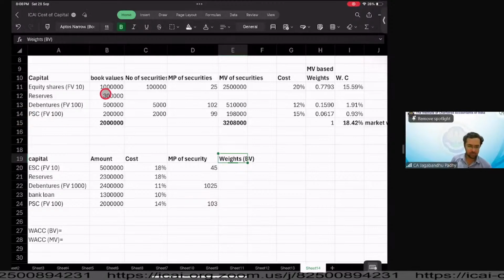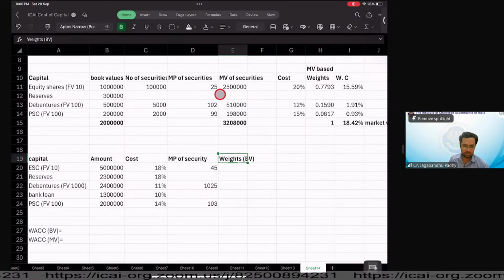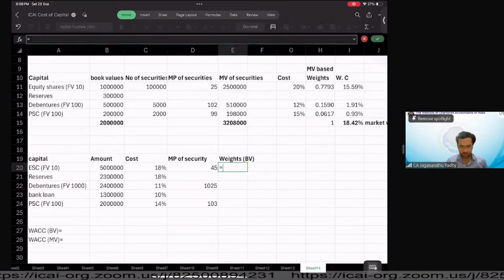Reserve is not considered when market value is considered, because in market value, you don't get the value of reserves. Whatever is the value of equity shares, that is including reserves. The model is the same, but whatever is the cost of equity, that itself will apply to the cost of reserves, because reserves are ultimately the money of equity shareholders. Whatever return equity shareholders are expecting on their capital, they will expect the same on the reserves also. Correct? Okay, so weights are